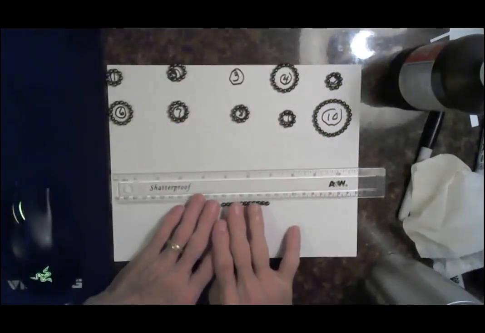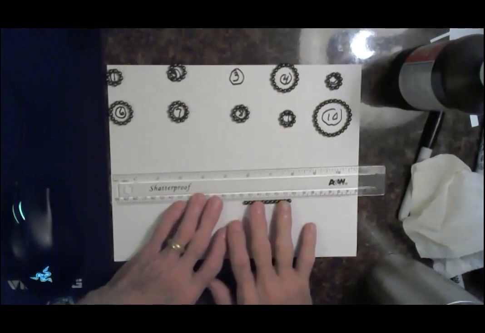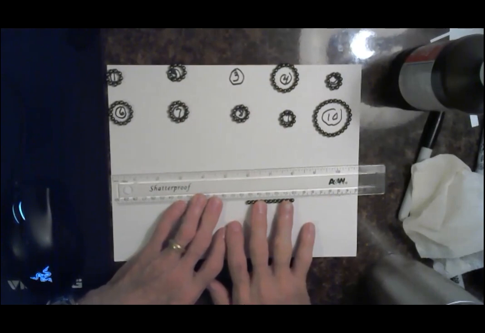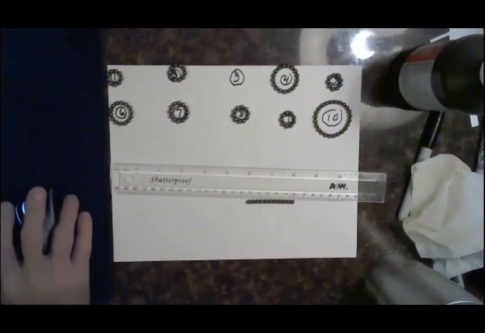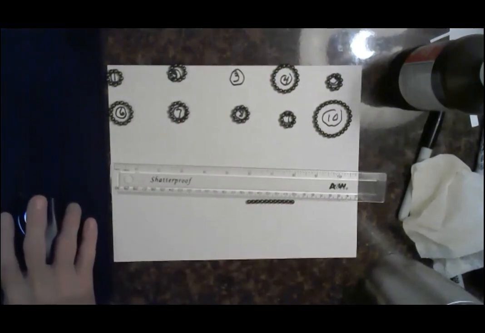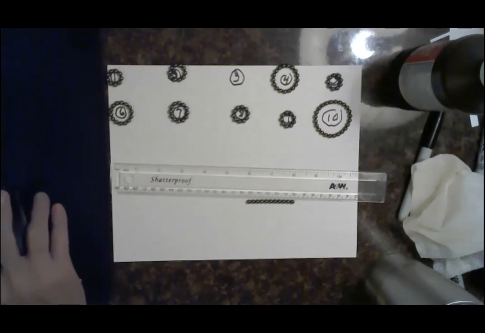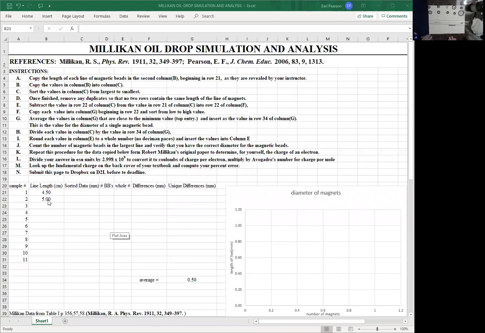And now this is number 3. And let's line it up and measure it. Okay, that would be about there. And this is 15.5, so that would be 5.5 centimeters in length. So let's enter this value. So this one is at 5.5 centimeters in length. Now we'll go get the next one